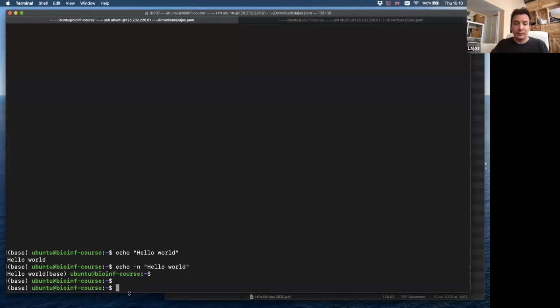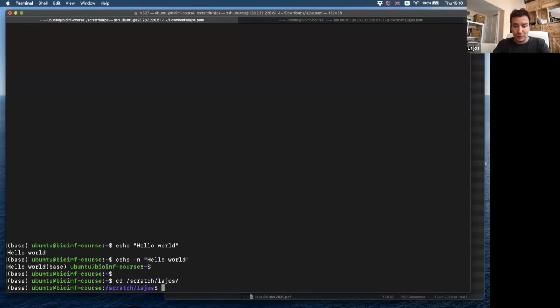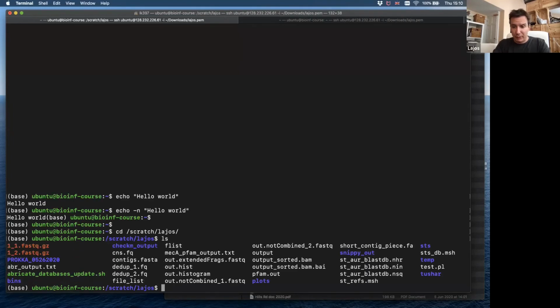So let's go to our Scratch folder. I have a few files here, so that's not bad. If I say ls, of course, I see the file list. Okay, let's make a Bash script here. It's very easy. Just simply, you start with a text editor, for example, with Nano, and let's call it